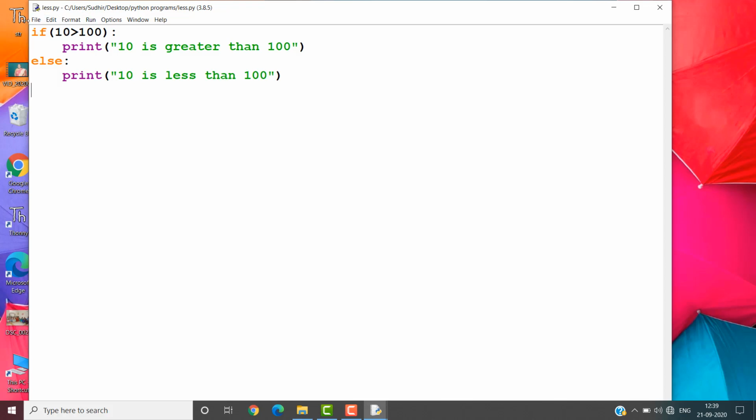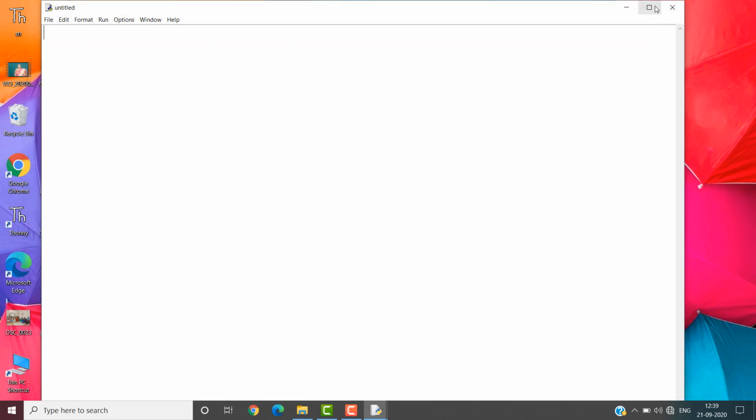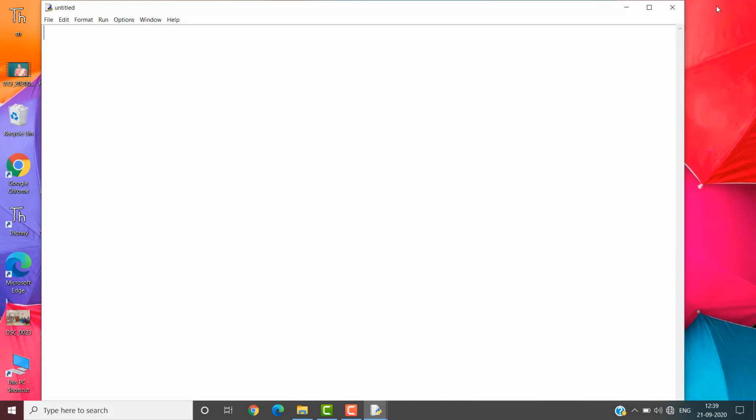Okay, then let us move to the next one, that is the if, elif and else statement, which we have seen in our past lecture. Let us take x is equal to 10. I am checking whether the x value is equal to 1 or 5 or 10. If x equal to 1, I would like to print x is 1.